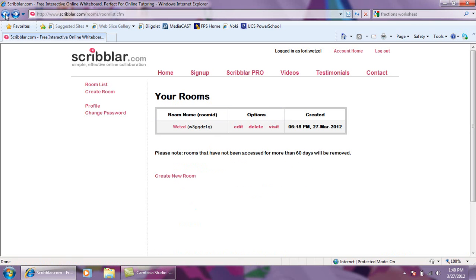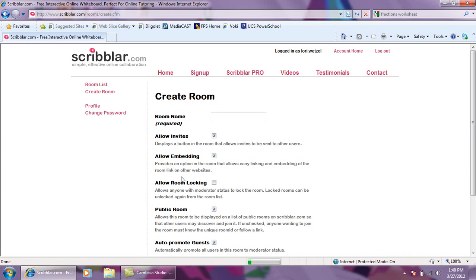And I should mention, as I go back, that rooms that have not been accessed for more than 60 days will be removed. So they are not always going to be there. Just keep that date in mind if it is a room that you wish to have available to students. Okay, so creating a room is very, very simple. All I do is go in and create room, and I will call it Wetzel